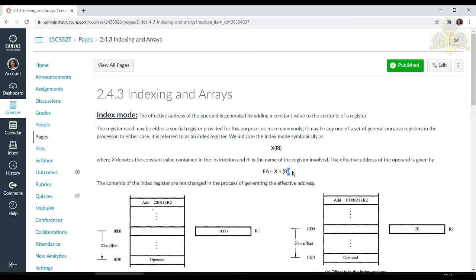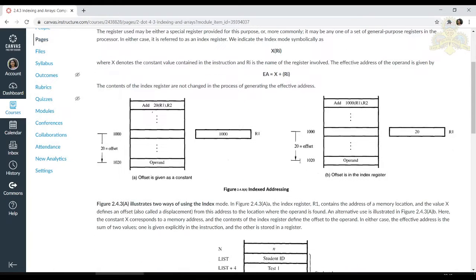Now we will see two ways of representing the index mode. In one, the offset is given as a constant, and in the second, the offset is in the index register. These are two separate diagrams, and you have to write both and explain them.